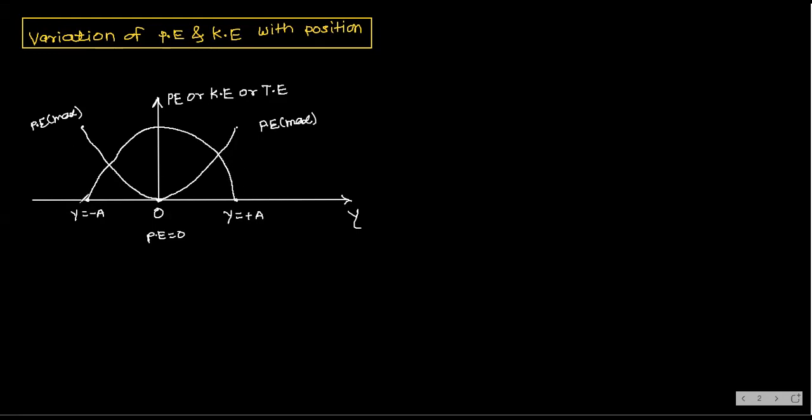Yes, like this. Okay. So here you are having kinetic energy maximum, right? At this point also kinetic energy is maximum. So here potential energy increases. This side also potential energy increases. How? As it is going away from the mean position. But here kinetic energy decreases, है ना? So kinetic energy decreases this side. Even kinetic energy decreases this side, but here it is maximum. At mean position, kinetic energy is maximum.